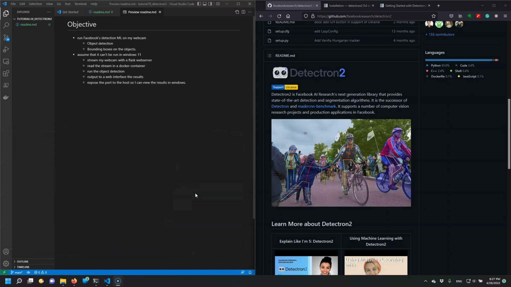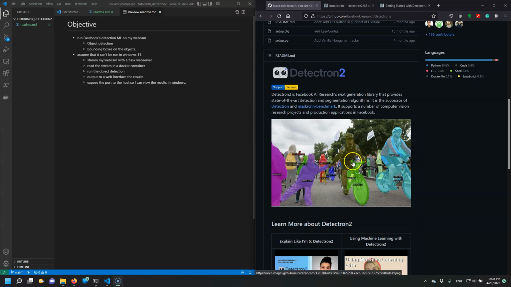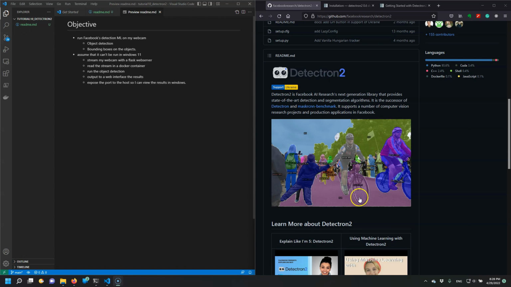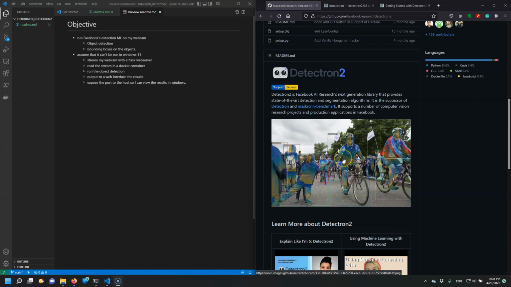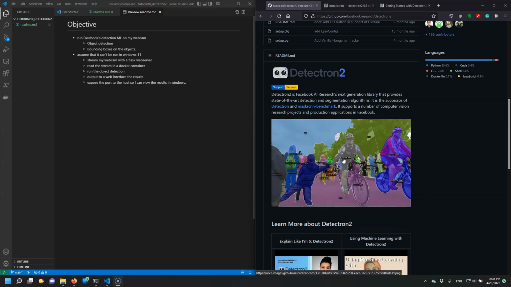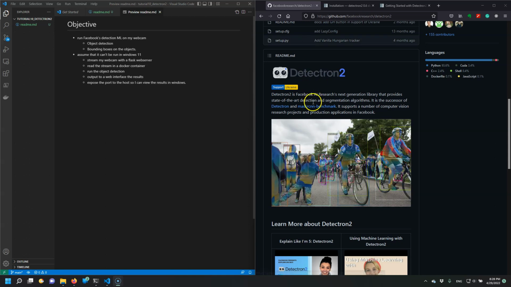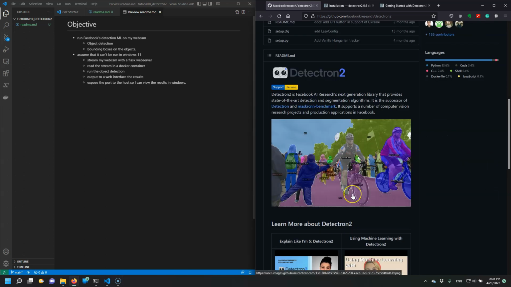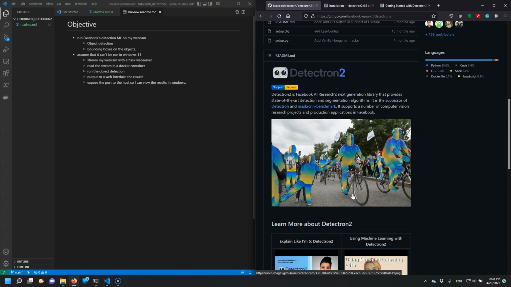So detectron2 is an object detection machine learning package or module that you can easily get up and running quickly, and it's going to do something similar to Mask R-CNN, where it can highlight or mask regions of an input image that have a particular type. You can also draw bounding boxes and make predictions about what's in the actual box. And you can see it over here on the right, just this quick GIF that gives you an